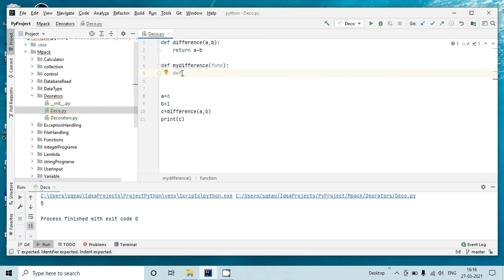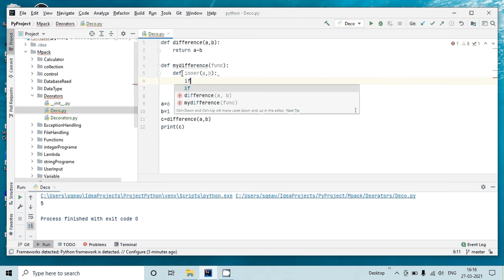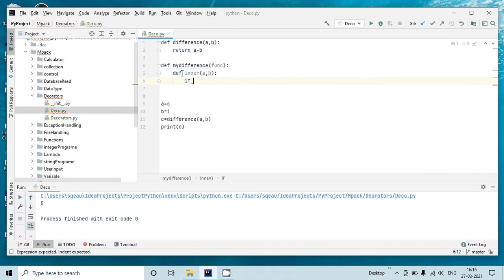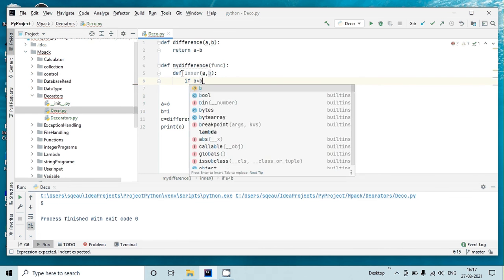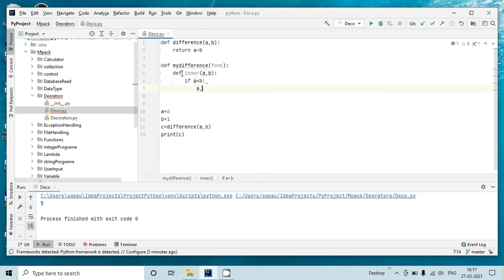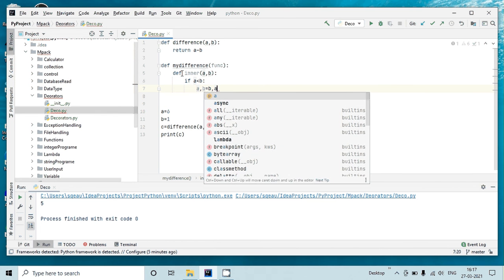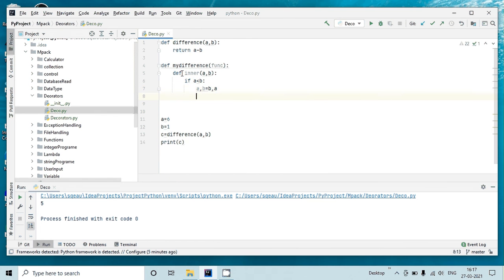I will call it def inner, and here I will give exactly the same input which I was giving before. Now I can put the formula which I was using before. It would be if a is less than b, then a, b = b, a. I want to return that. And now what I will do, I will return this